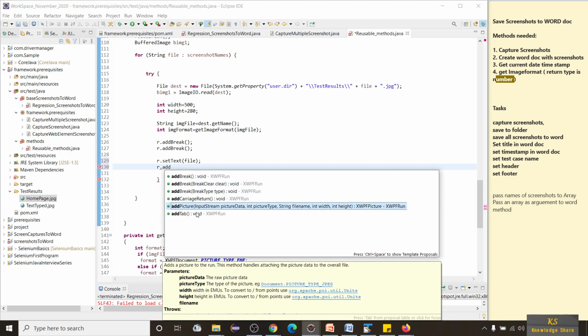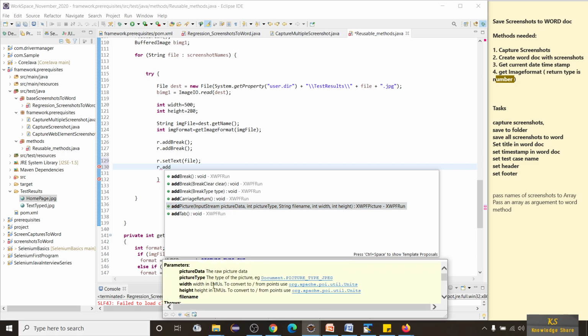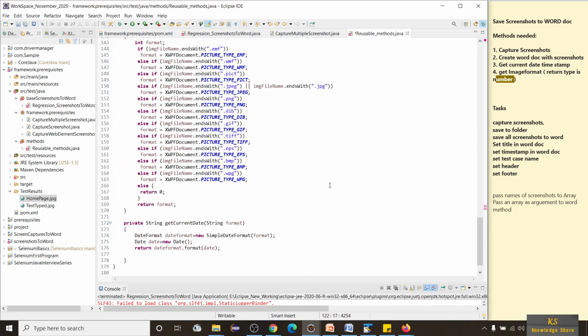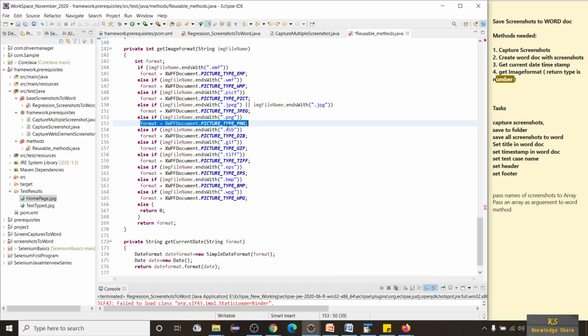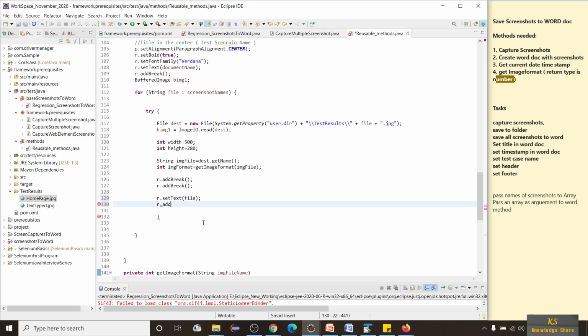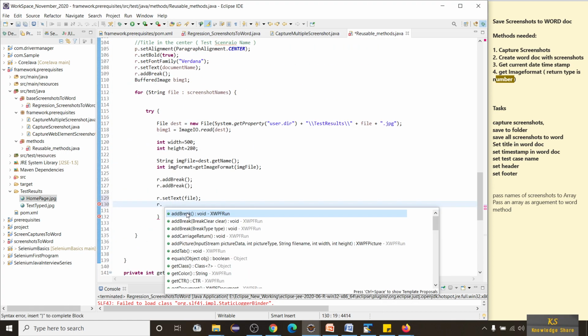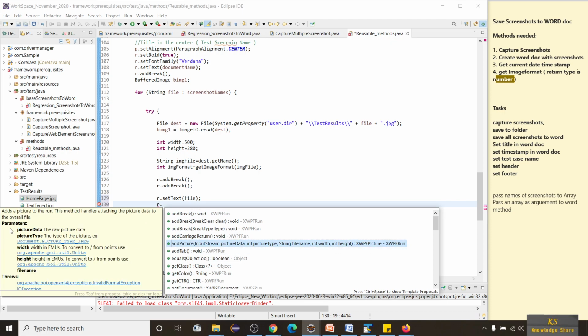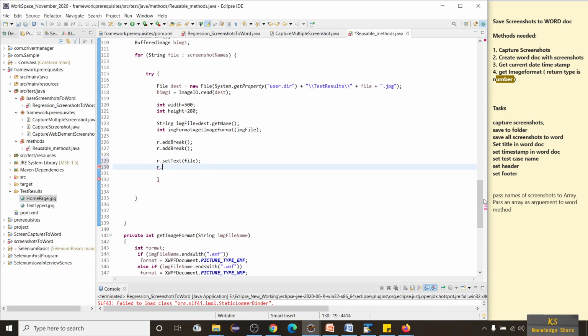But let me put it here. Yeah, you can see it adds a picture to the run. This method handles attaching the picture data to the overall file. So it is taking the picture data, the raw picture, and the picture type. As I told you, the type of the picture is document.PICTURE_TYPE_JPG. So in this method, you can observe format XWPFDocument dot PICTURE_TYPE_JPG. That's what it is trying to get. And let me scroll down.